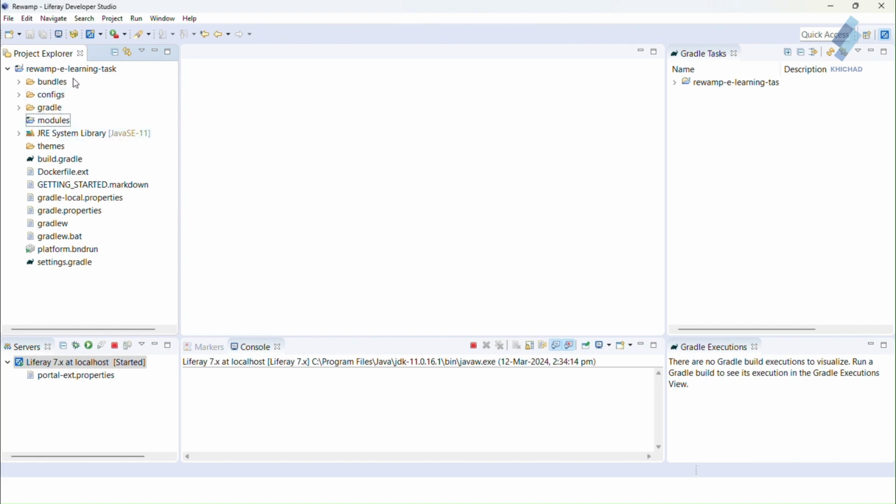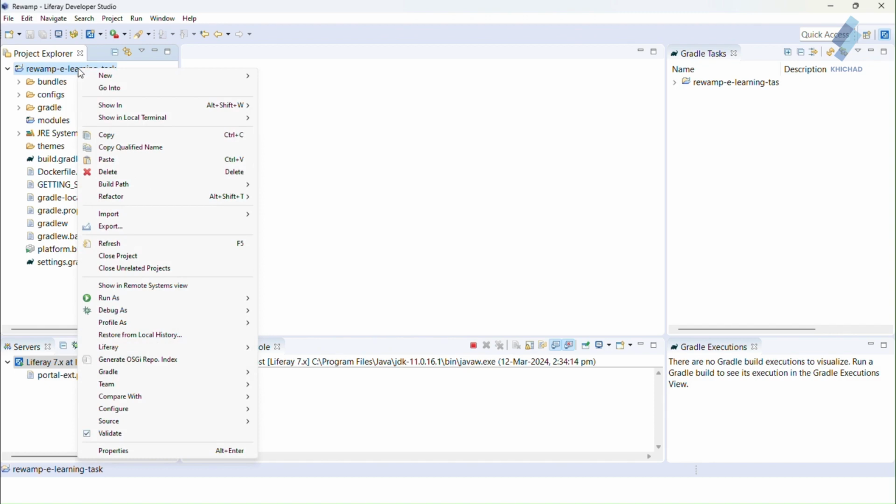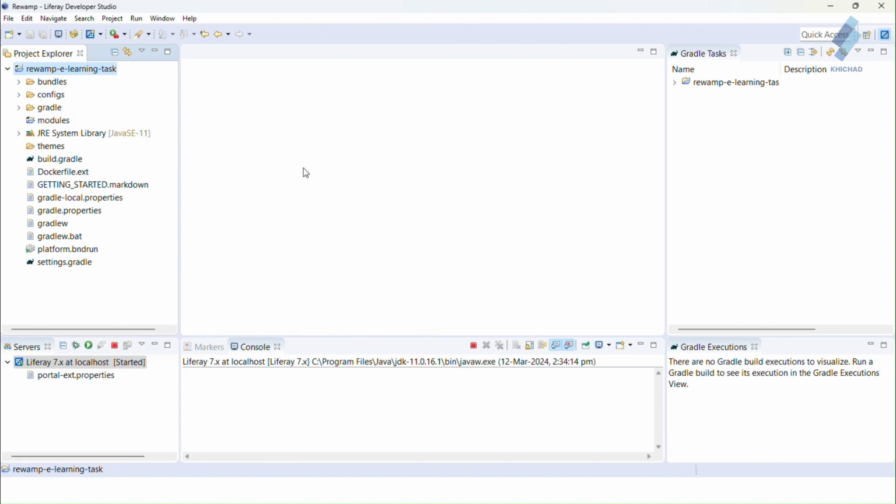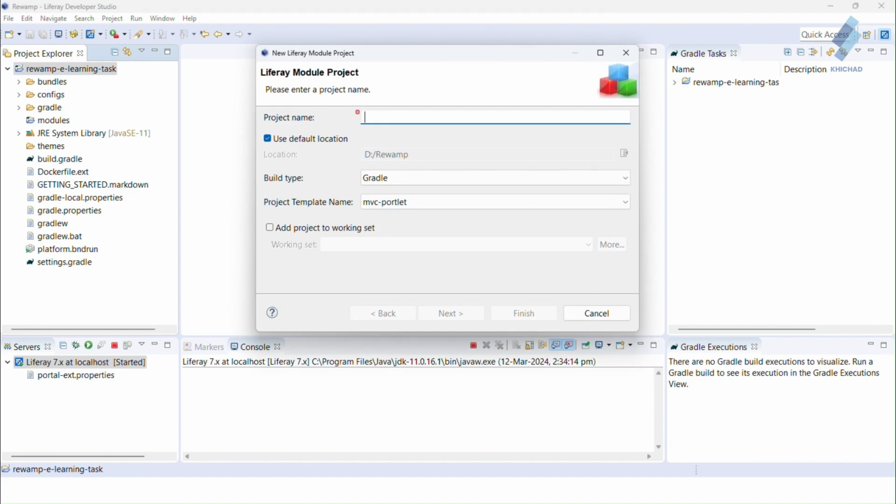So first, create a Liferay module project. Right click the workspace, click on New and create Liferay Module Project. Now enter the name of the portlet as the project's name.